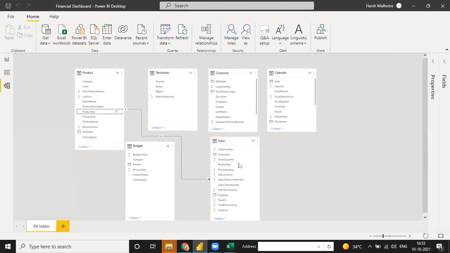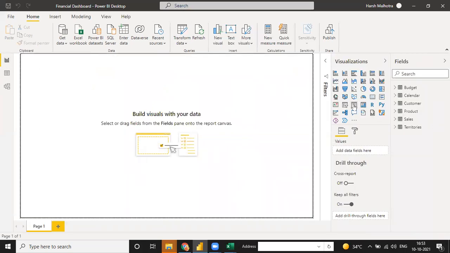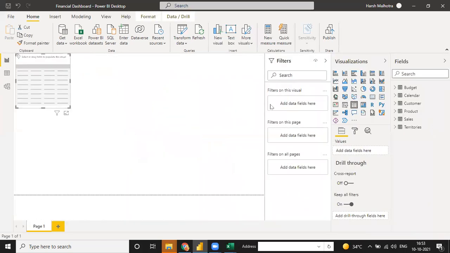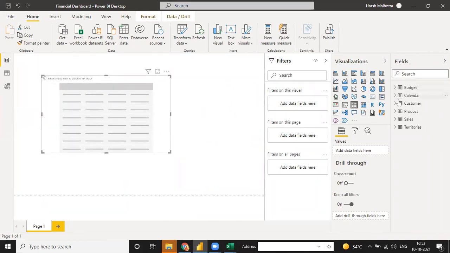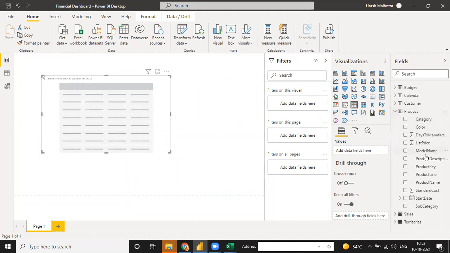So it means we have sales values per product, and the relationship should be one to many, because in the product table the product key is mentioned one time, but in the sales table that product key is mentioned multiple times. That is a one-to-many relationship between the product and sales tables. And what is the impact of this, guys? See, when I click on this table, I choose one table and go to product.